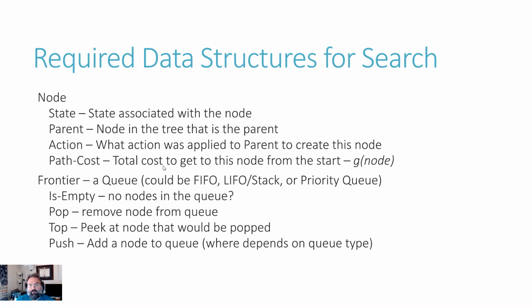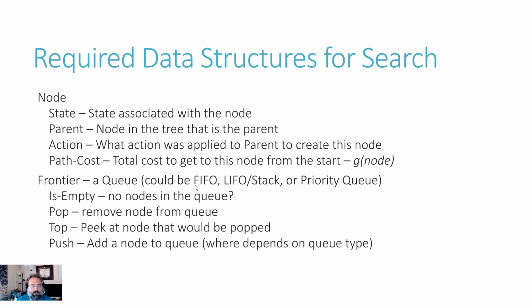So you may actually be keeping track of the cost that it took you to get down to this given node. Each individual node has essentially a cost associated with it, and that's what that G of node is. The frontier typically is going to be something like a queue of some sort. It could be a priority queue. It could be first in, first out, or last in, first out, which is basically a stack. It could be various types, but you're going to keep track of those nodes that are at the edge of